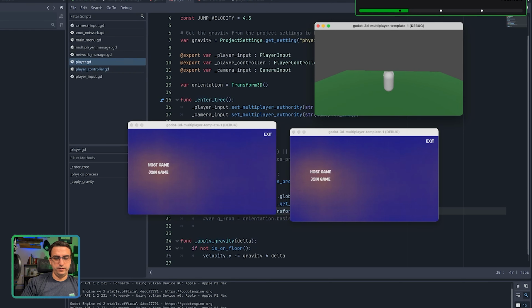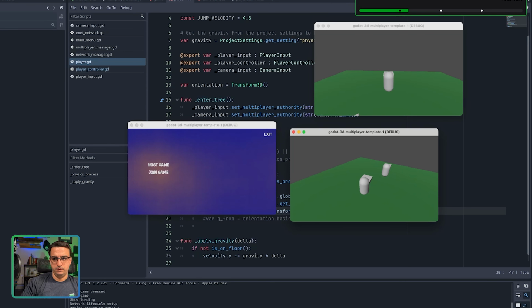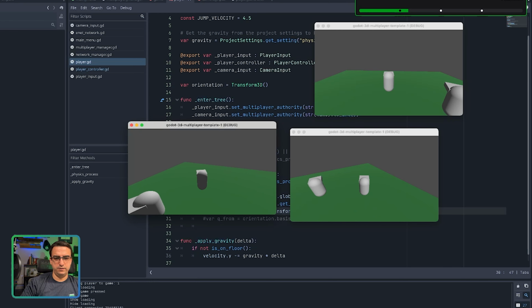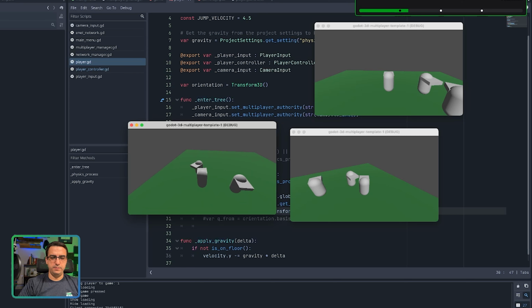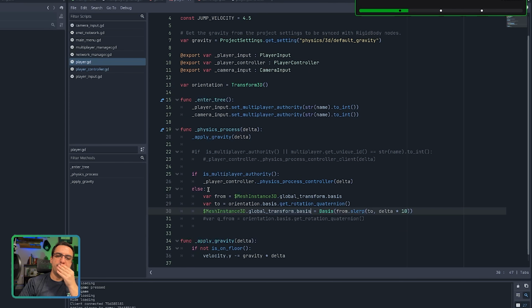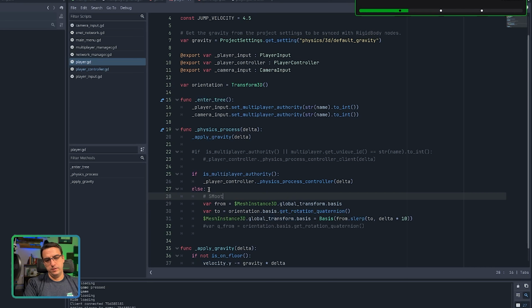Well, it didn't break on the host. And it didn't break on the one client. It actually is a lot smoother. I think doing that little lerp helped on the client side instead of doing it directly. Yeah, all right. Okay, I guess that worked. There's a little bit of lag on the client because of it. Like it seems like he whips around a little slower, but this kind of smooths out